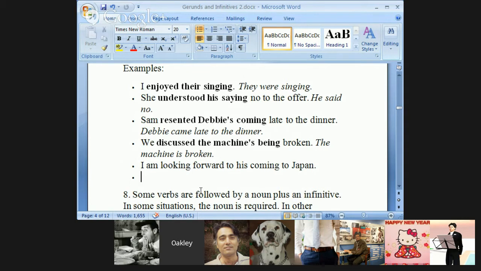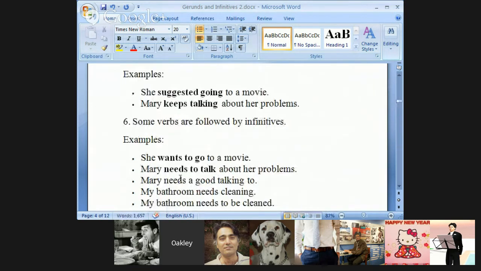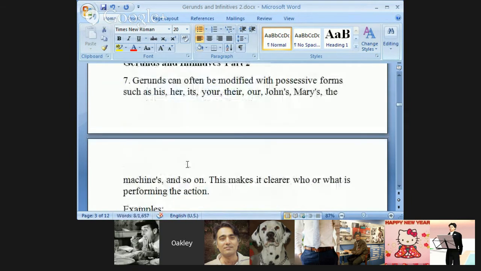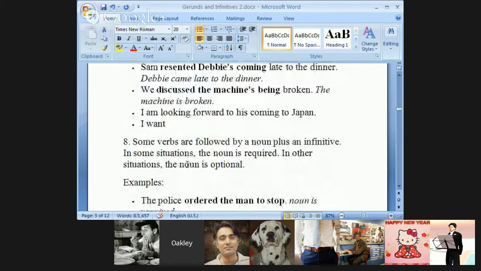Okay. Lesha, you want to try this using these examples? Okay. Maybe I want your returning from the trip. Wait a minute. I want or I won't? I want your returning from the trip. Yeah. Okay. Problem. Want has to go with an infinitive. I can't do that. I just can't.